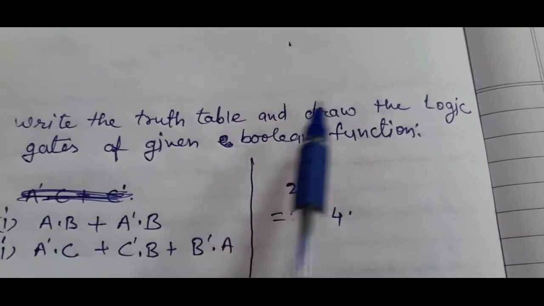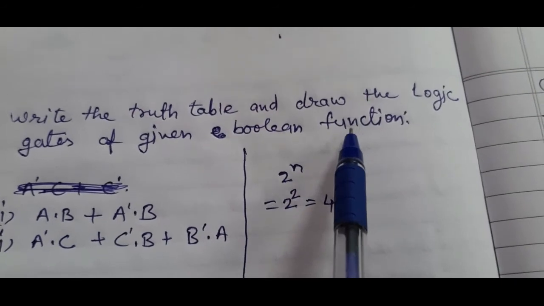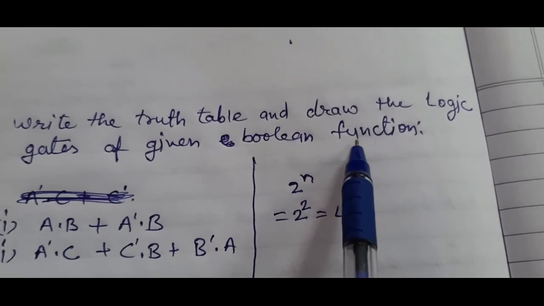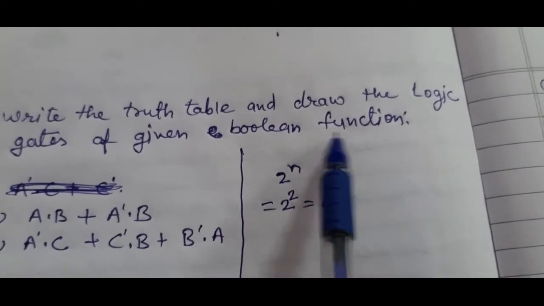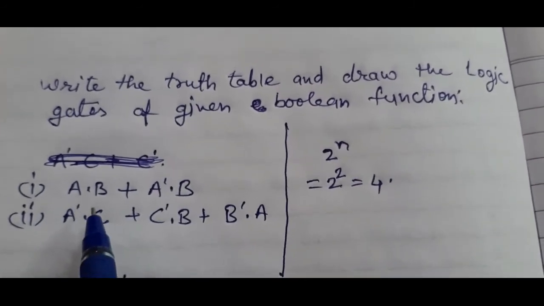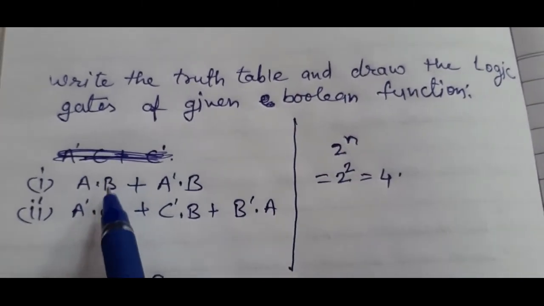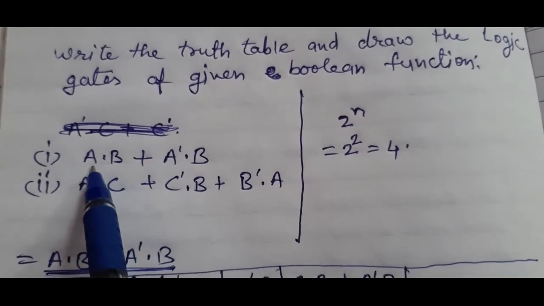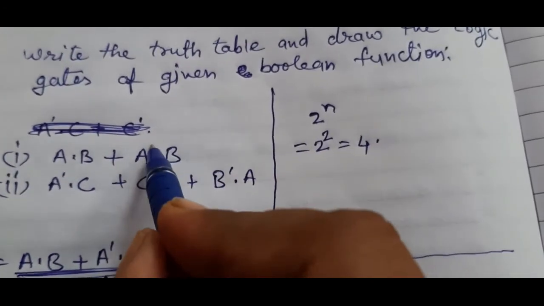Write the truth table and draw the logic gates of the given Boolean function. Sometimes it uses equation, function or expression, so don't be confused with this Boolean function word. You have to write the truth table and draw the logic gates of these two expressions. First I am taking the first expression, A dot B plus NOT A, this is the complement of A,